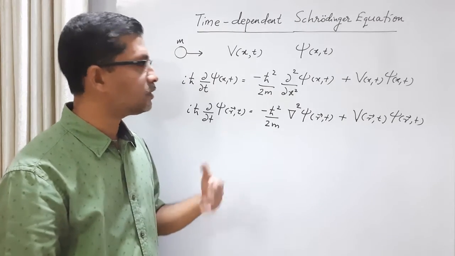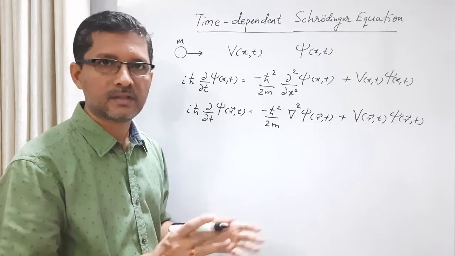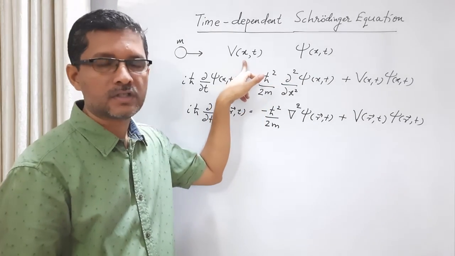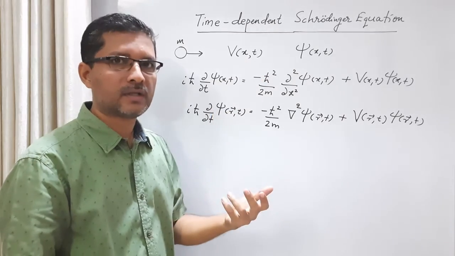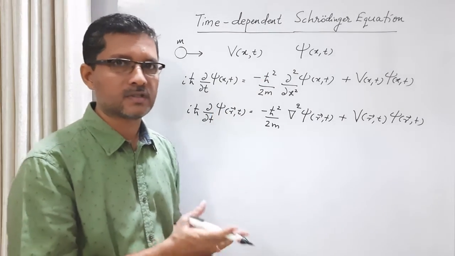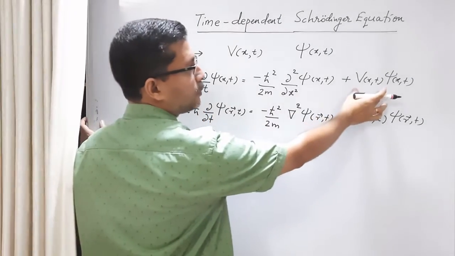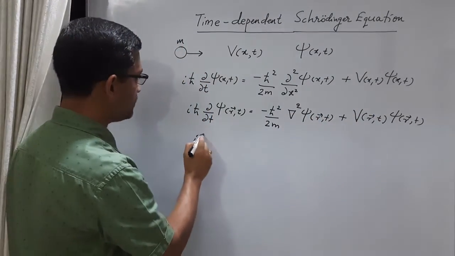And suppose we are talking about a free particle. Then there is no force field, so the effective potential energy is 0. So what is the free particle Schrodinger equation? Let us consider only one dimension now. For the free particle Schrodinger equation in one dimension, we can just put potential energy equal to 0. So what you get is